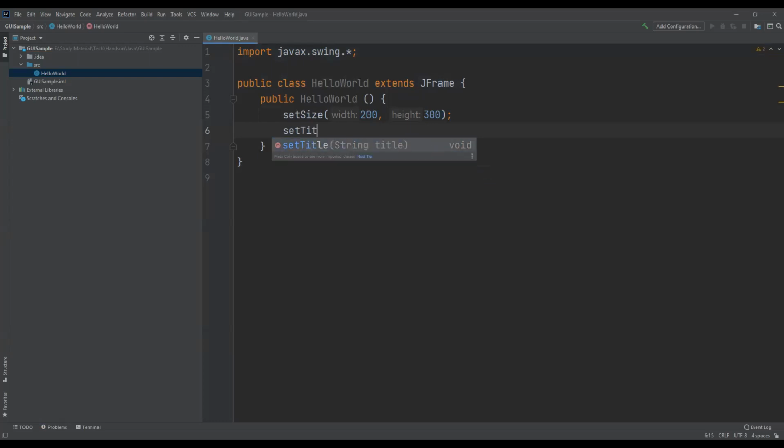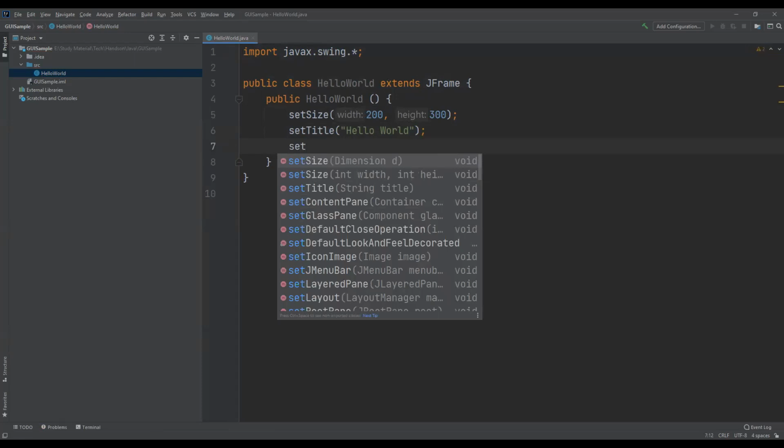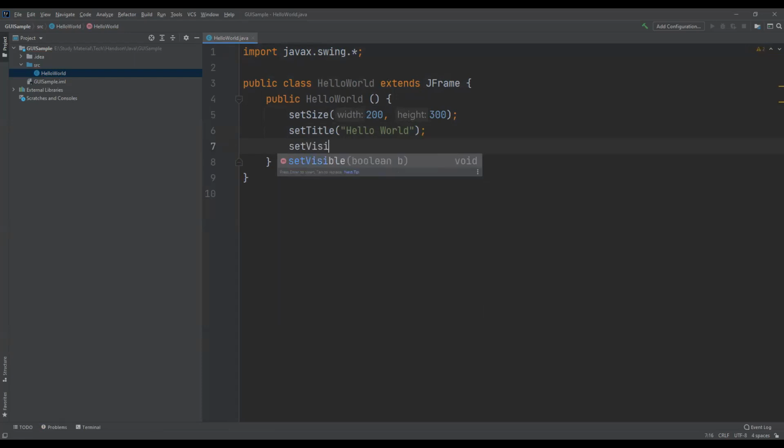So let's give it a title as well. Let's say the title is same, hello world. And then in order to show it, we'll call a function called setVisible. And you can see it takes a Boolean argument. So when you set it to true, it will make it visible.